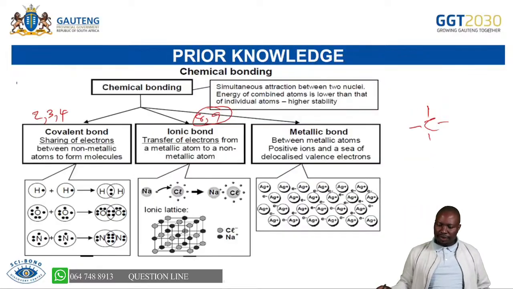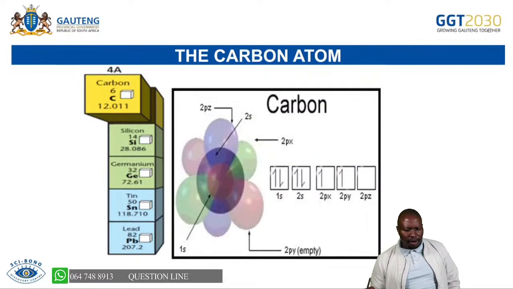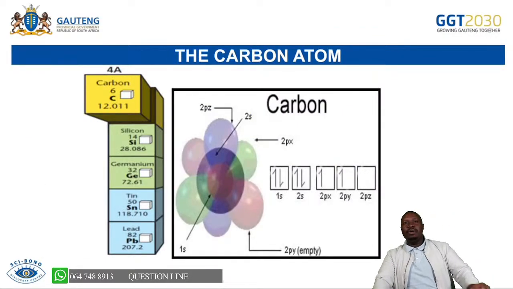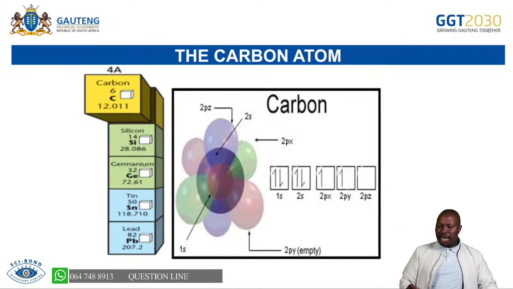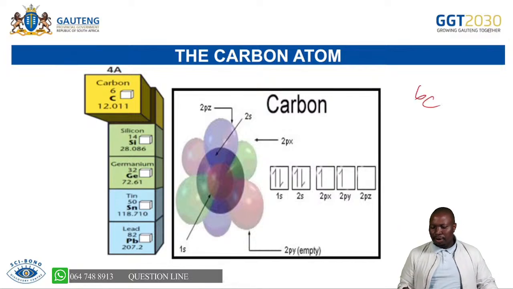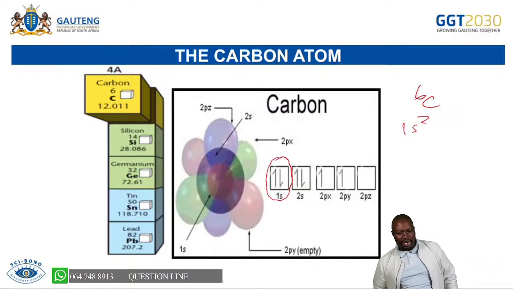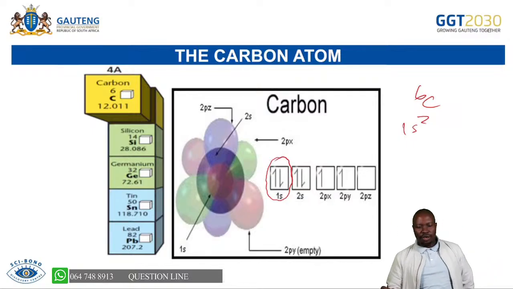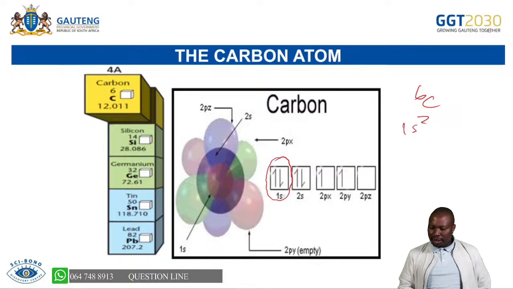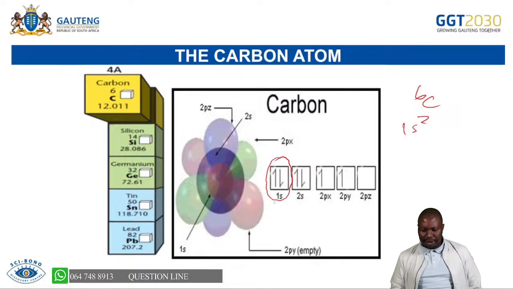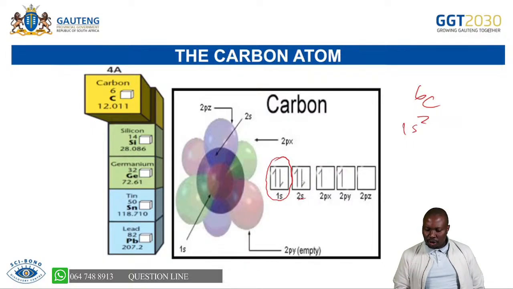Now, without wasting any time, we'll move to the carbon atom. In my introduction, I indicated carbon as number 6 in the periodic table. We indicated that it has electrons, which is 1s2. Hence, you can see the 2 electrons here on the 1s2. Remember, you did this in grade 10 and grade 11, 1s2, all those electronic configurations. So you have 2 electrons that go to the first s orbital. The 2s orbital takes another 2 electrons. You have electron number 5 and number 6 on the 2px, 2py, and 2pz.